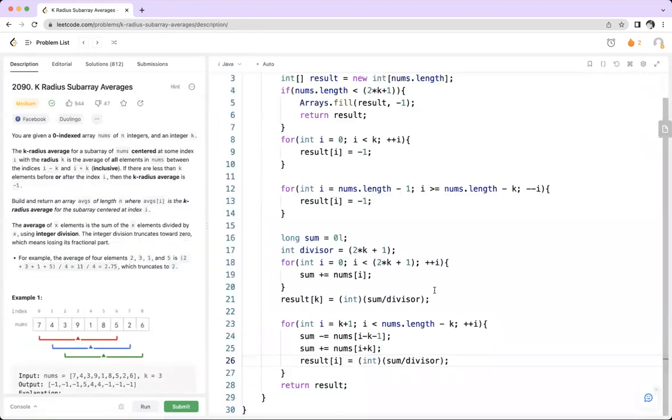One thing that I would again like to stress, that we are casting the result of this division. We are casting the result of this division. If we are doing it like this, then what does it mean? That we are casting this sum value, but we don't want to cast the sum value, we just want to cast the whole sum by divisor. That's why we are doing it like this. So with this, I think